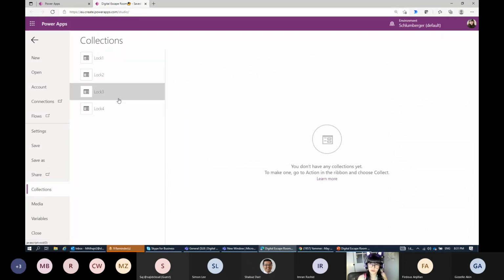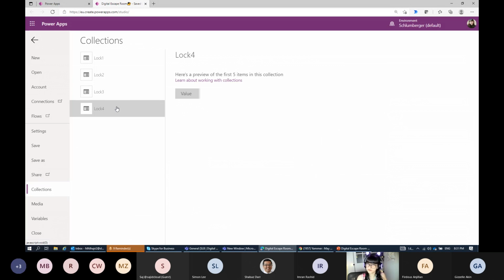But if you look at number 2, number 3, number 4, there is nothing. Why? Because I clicked on the reset, if you remember, and I deleted everything, because otherwise they will not be able to take the game again. So we need to make sure that we are cleaning, if they want to play the game again, to reset the game or reset the collection.